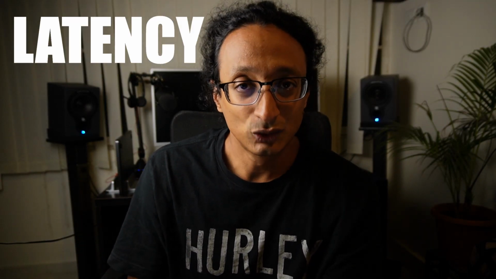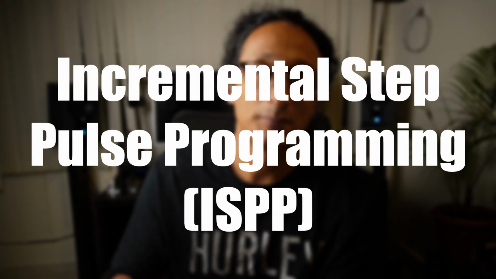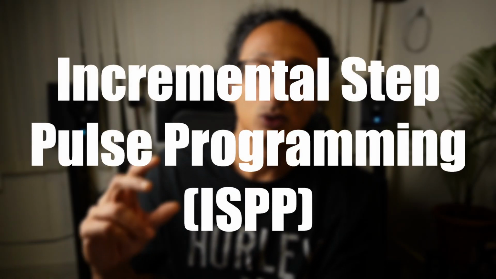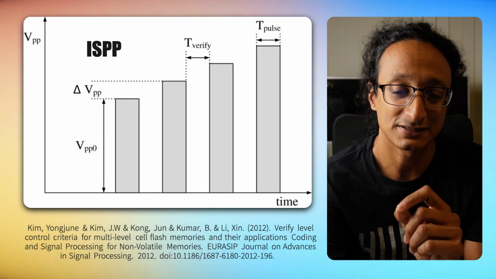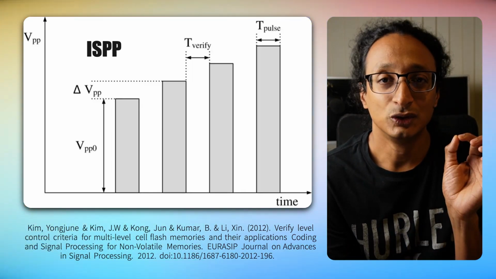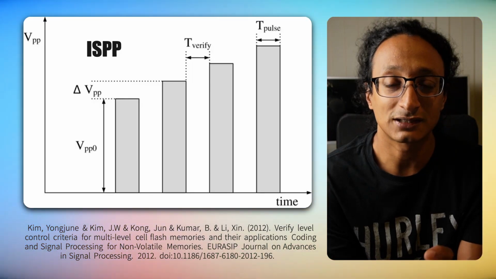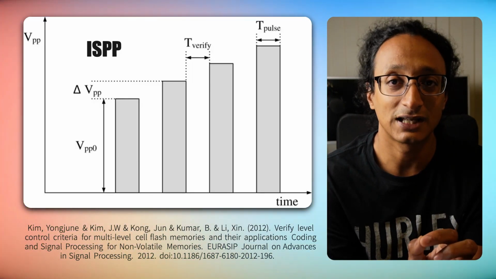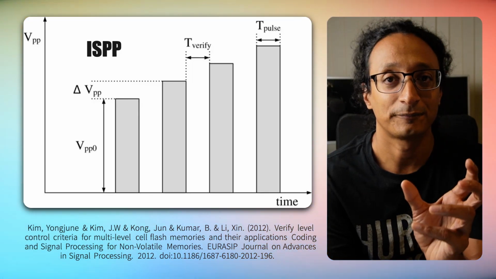When writing to a cell, what is often used is called an incremental step pulse programming method to apply voltage to a cell. So this means that you don't apply the entire voltage all at once. Instead, you apply a gradually increasing voltage in steps, which means you apply a given voltage and then you verify if the voltage is the right value. If it hasn't reached that yet, you apply another pulse and then you verify again